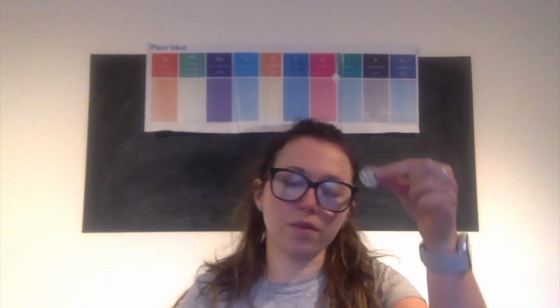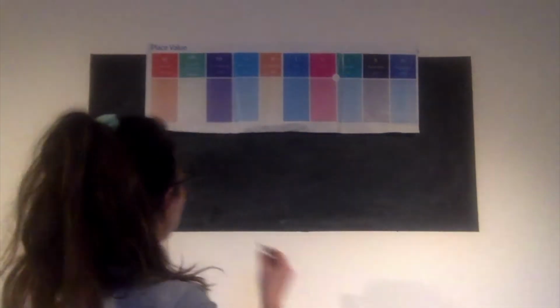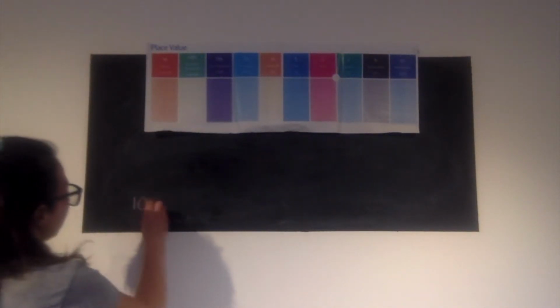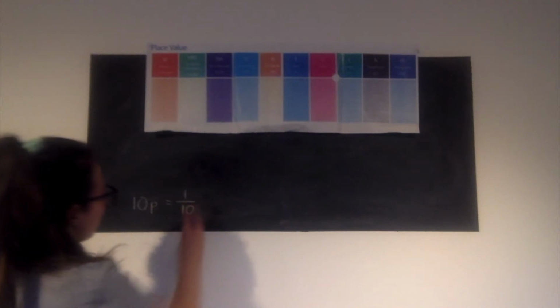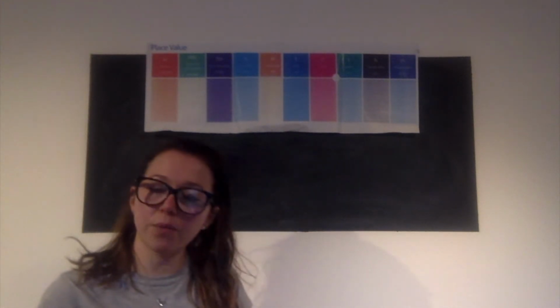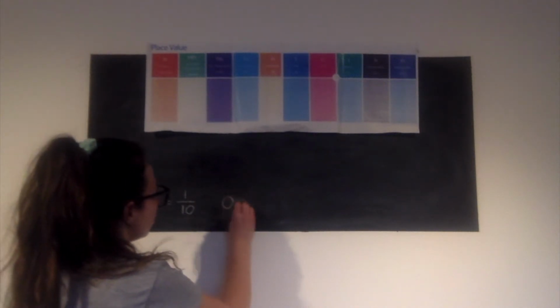Let's start with a 10 pence. Hopefully we know that 10 pences make up £1. So if I have one of them, I have 1/10 of a pound. So 10 pence equals 1/10 of a pound. Now let's think about how we write 10 pence. So if we see it in the shops, we see